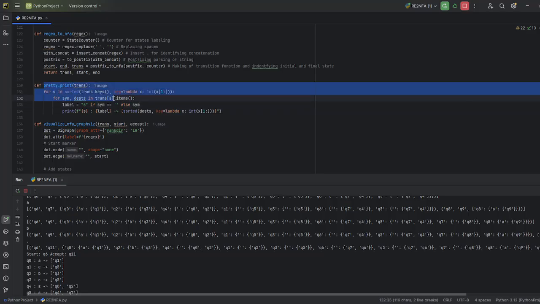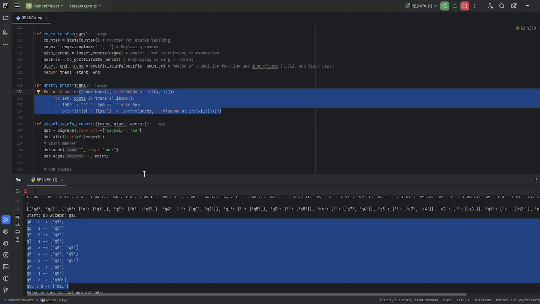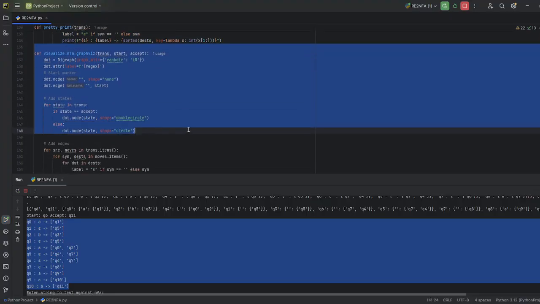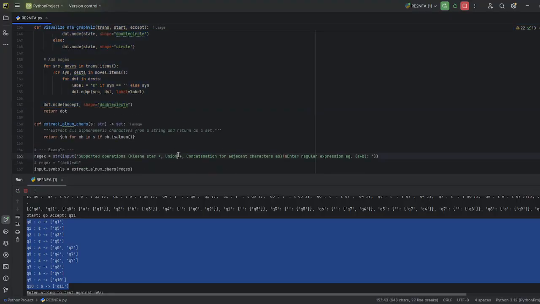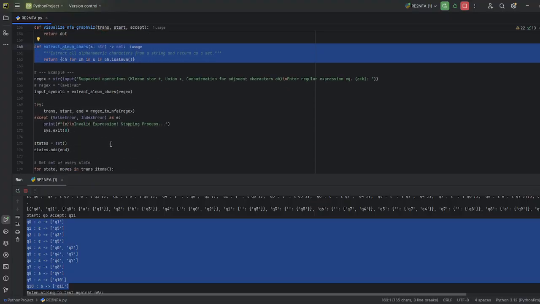So we have here a function for printing this formatted transition function. We have this function for visualizing, and this one for extracting all the alphabet for the NFA.